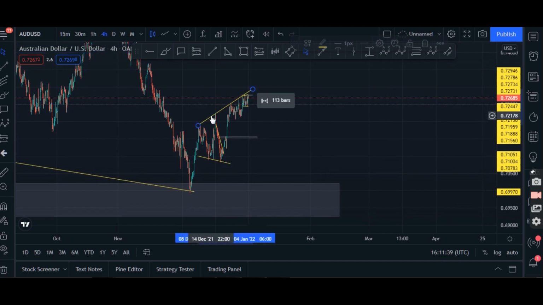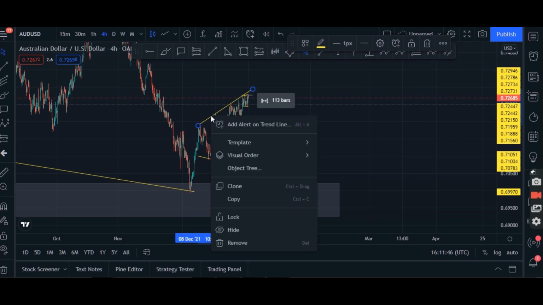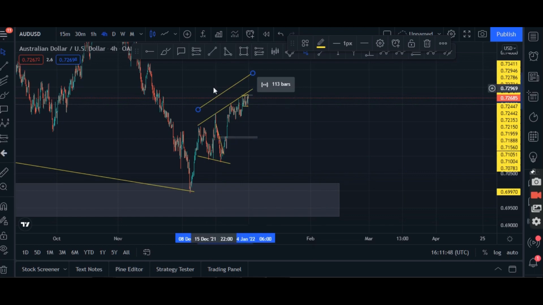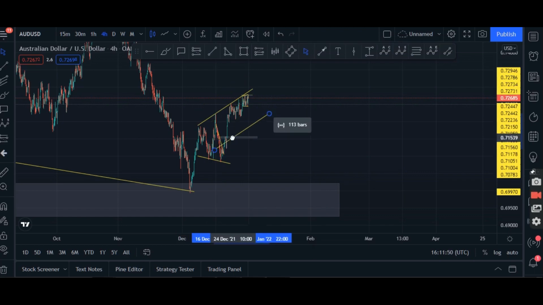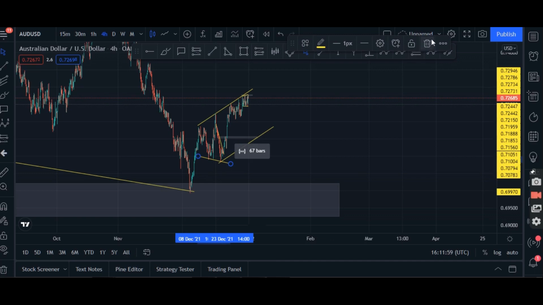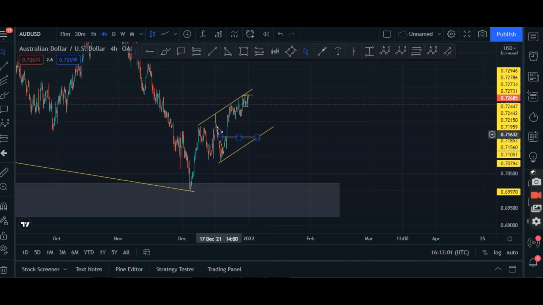Yeah, let's try to clone this, so that we get a proper look at what the market is trying to say to us, guys. Exactly. Clone it to this point. So now we have a clear picture, guys. We literally have a clear picture of what we're looking at. Right now we can spot, okay, we're basically looking at a bullish channel, right? Which is now at a trend line support.